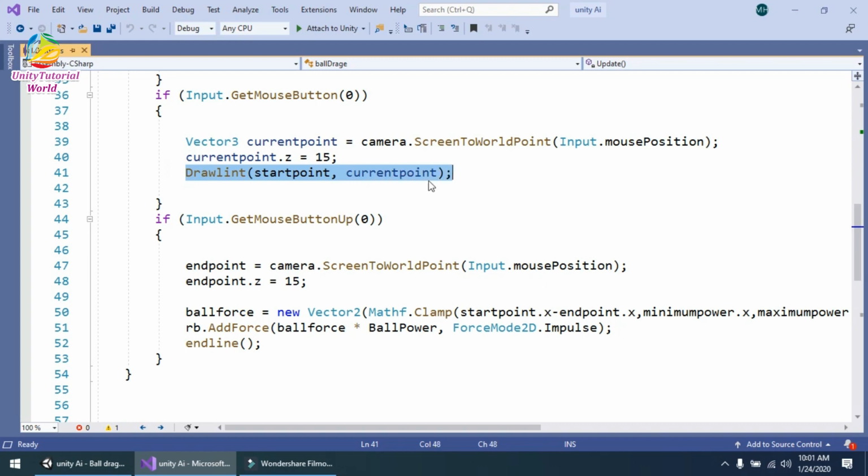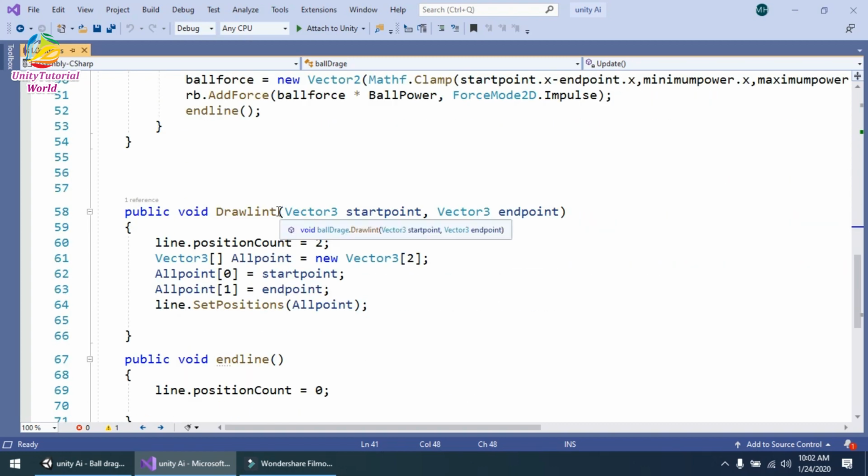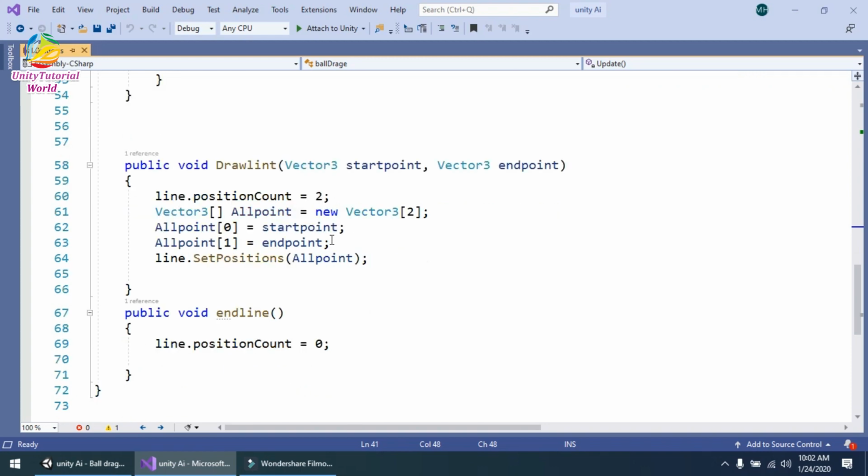This DrawLine function I have created here. It gets two parameters, Vector3 startPoint and Vector3 endPoint. I get the LineRenderer component, and line.positionCount is equal to 2, so we create our line between 2 points.